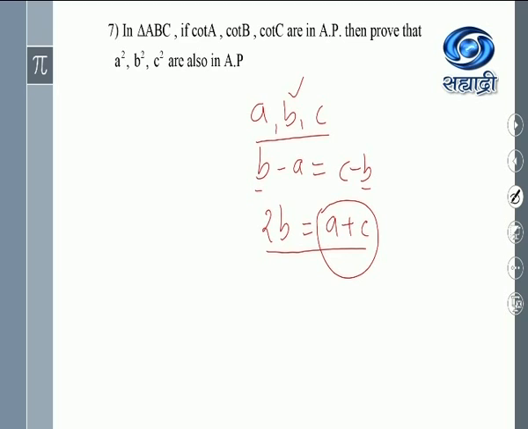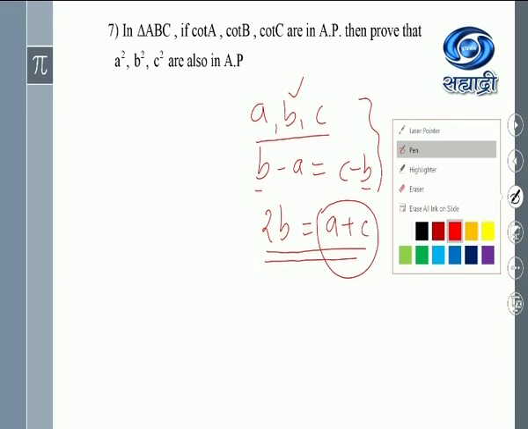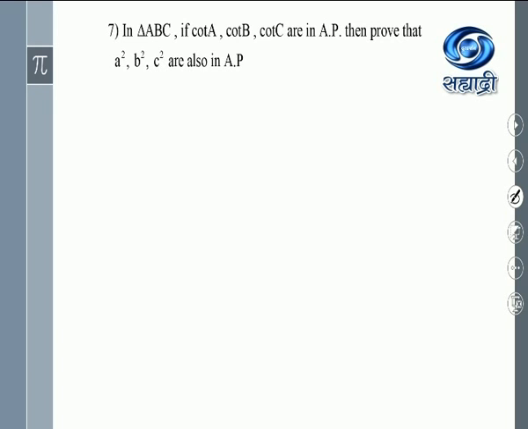This condition is very important. Don't waste time in writing all these steps. Remember only this step. If A, B, C, these are the 3 terms in AP, then 2 times B is equal to A plus C. Or you may assume 2 times the middle is equal to sum of the extremes. Got this? Now we have the given thing in the solution.